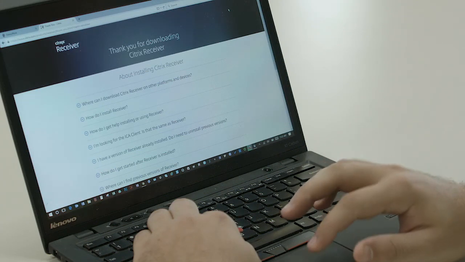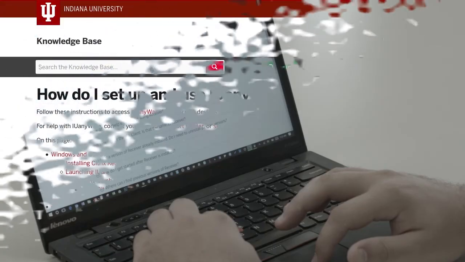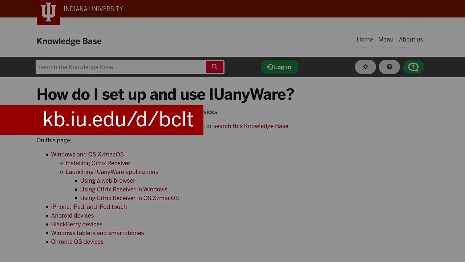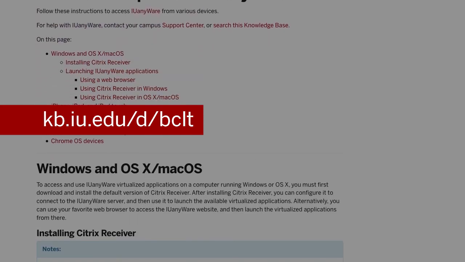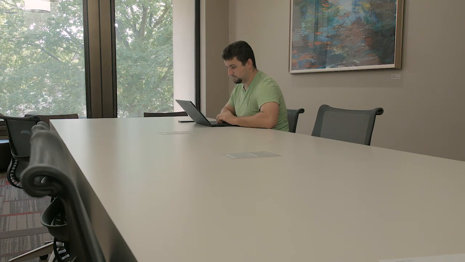To finish installation and add your account, go to kb.iu.edu/d/BCLT to learn more. One final tip: if you are working on a computer that does not have Citrix Receiver